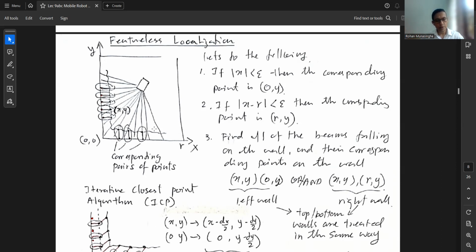Now, if you remember the feature-based localization, you always need pairs: actual landmark, your measurement, this pair. So you cannot have a measurement coming from a different landmark and associate it with another landmark. If you do that, you are in trouble. That is why we were so careful to make sure that when you're pairing, right, actual landmark and measured landmark, you need to make sure that you are referring to the same landmark. Okay, right. Now here, because actual landmark is a point on the wall,